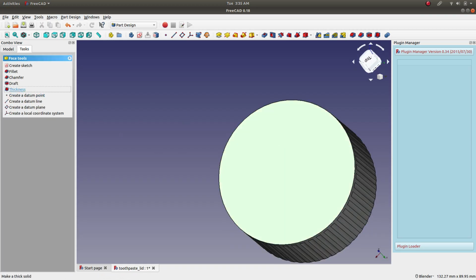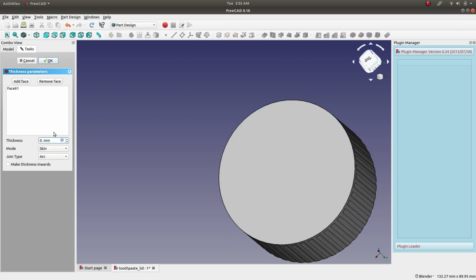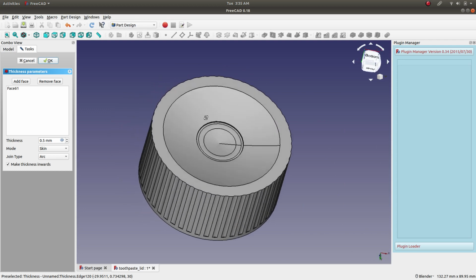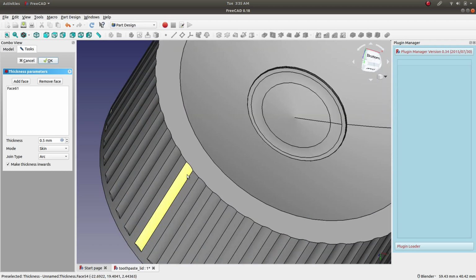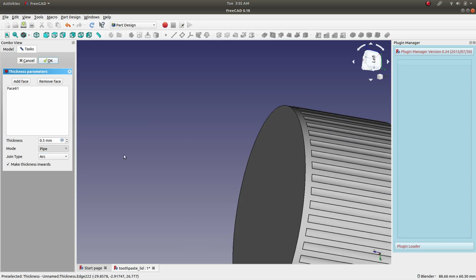Let's apply thickness, and then let's set it to 0.5 from the part design workbench, and again make thickness inward, and it doesn't work in part design at all. So sometimes the way it is, it doesn't really work. Standard